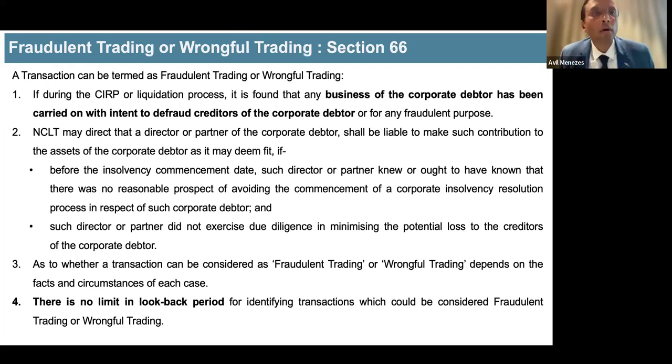Fraudulent trading or wrongful trading transactions. So here, for extortionate, the look back is 2 years. There's no concept of a related or an unrelated party. In a fraudulent trading or a wrongful trading, the look back period is not there. You can go up, but it all depends on what all information you can get from the corporate debtor's data, how much support can you get, and how many transactions you can justify. So sometimes COCs do ask us to conduct an audit of 5 years, 6 years, 8 years, depending upon the data and the time at which they suspect that such transactions would have happened.